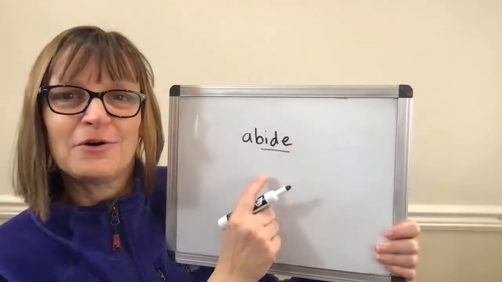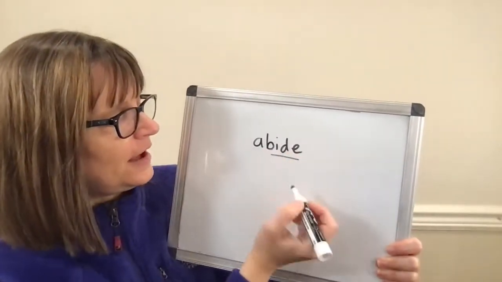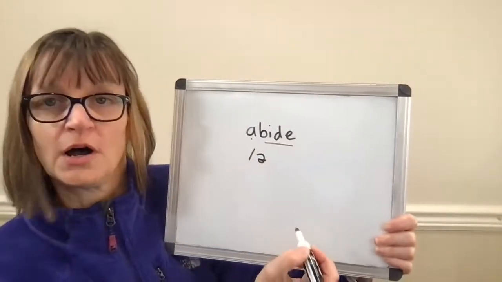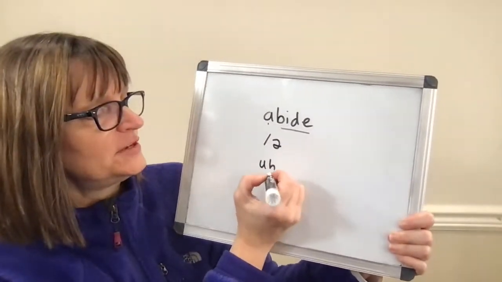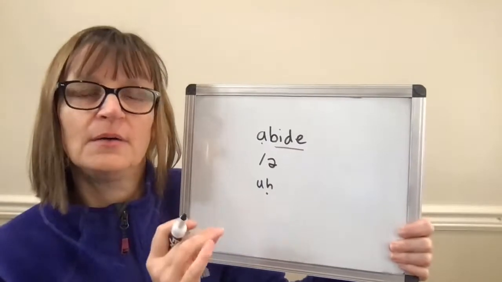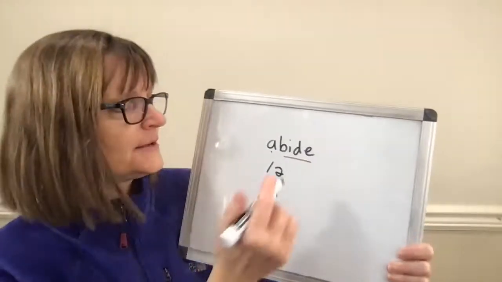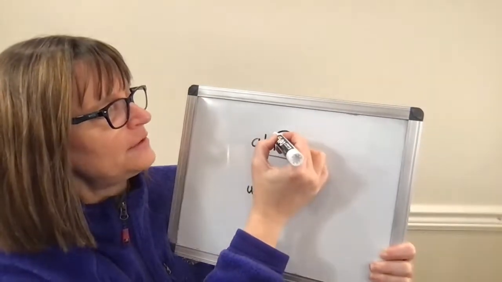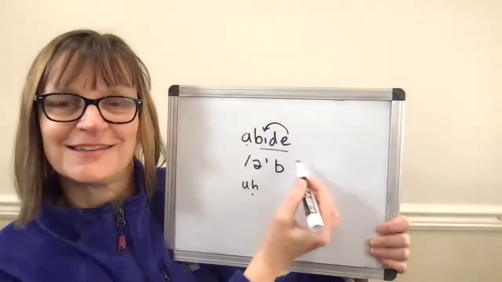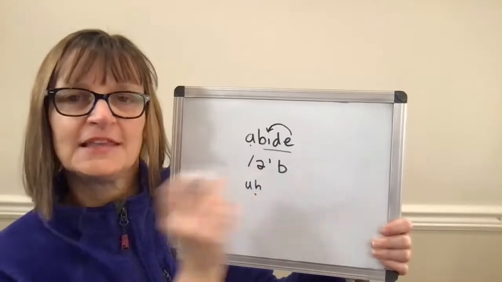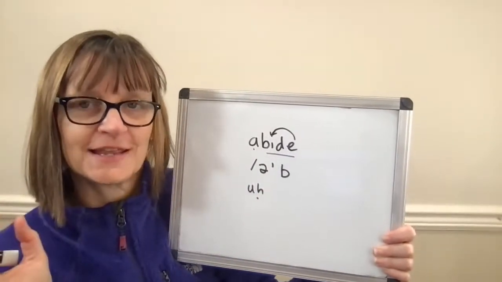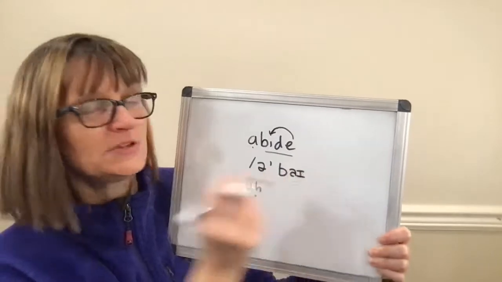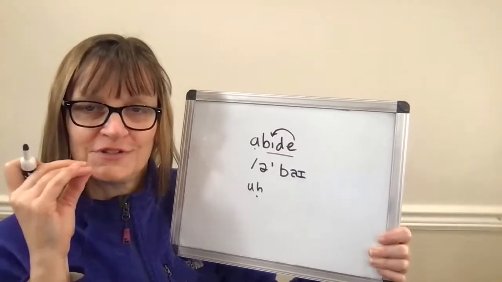So our clear vowel is going to be on the I sound, and our letter A is going to be just a reduced schwa that sounds like "uh." So it's going to be very fast. I don't want "abide," but "abide." I'll see my stress here. Letter I is following the rule of the silent E. So the E at the end makes the I, quote unquote, say its name. So it's going to be the I diphthong gliding between the ah open and the reduced and laxed